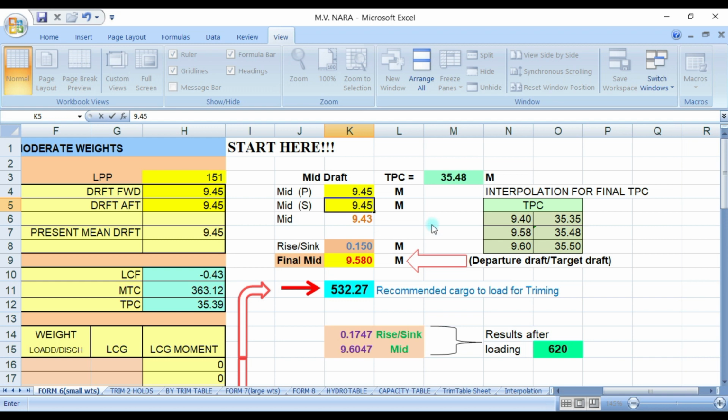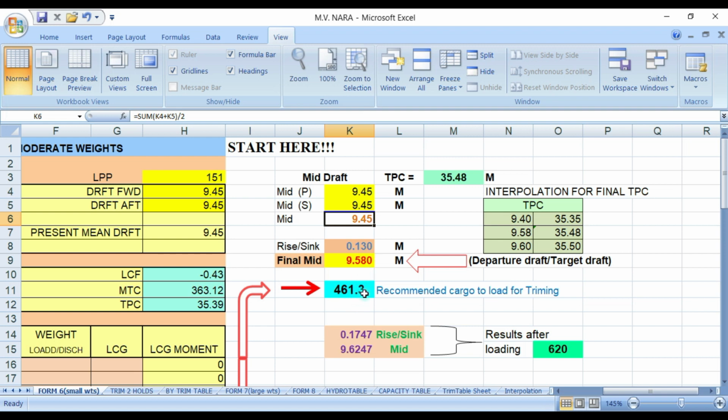Say the foreman says, Chief, we have reached now the trimming drop. So we will stop now, and you will compute for the remaining cargo to load. Once you reach this drop, you and the surveyor will go around the vessel to compute for the remaining cargo to load.